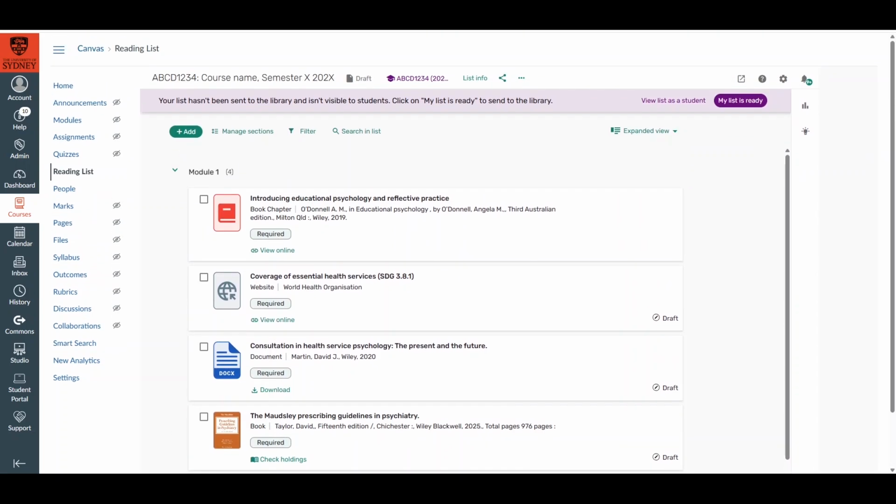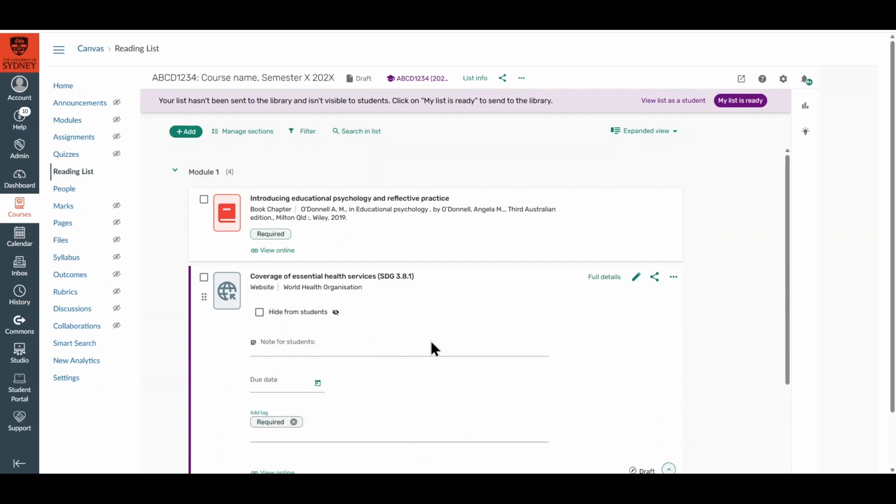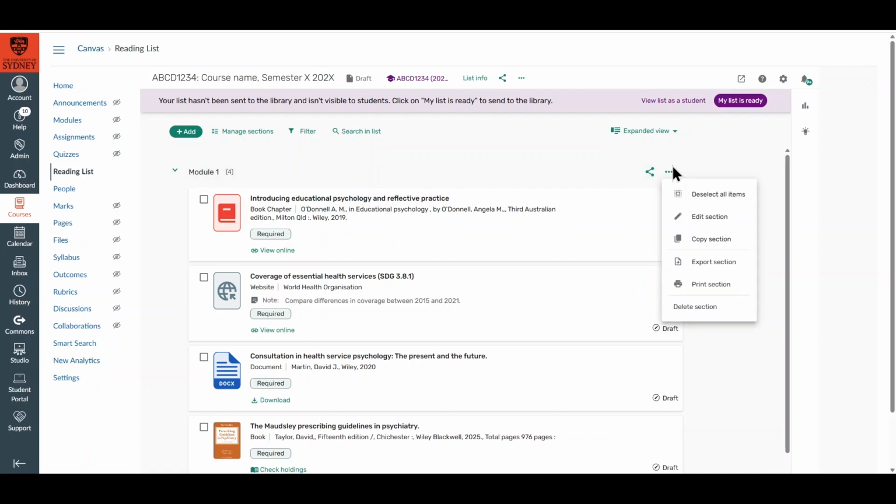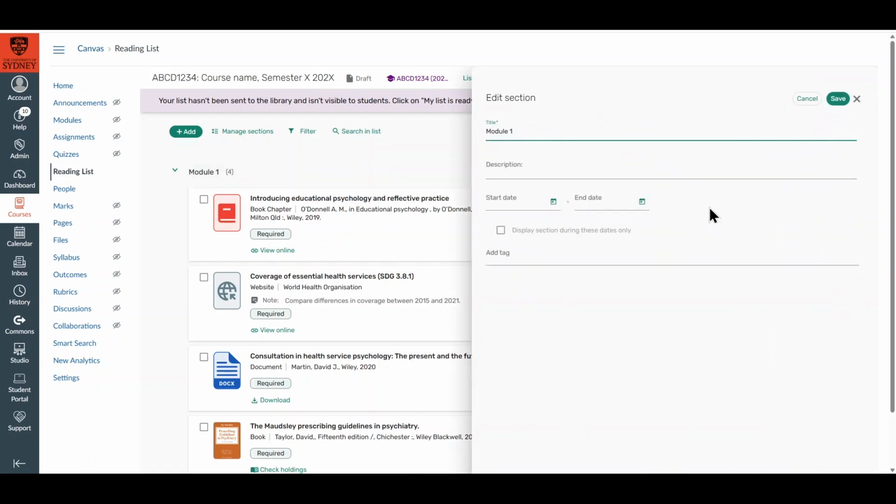Reading Lists is a great tool for engagement with students. By using tags like required and recommended, you can let students know what is necessary or supplementary reading. You can also add notes on items for students to provide more details about your expectations or advice for readings. You can set items with due dates to help meet readings deadlines, as well as consider setting future sections with visibility dates to gradually reveal readings into semester, which can be helpful to minimize cognitive load.